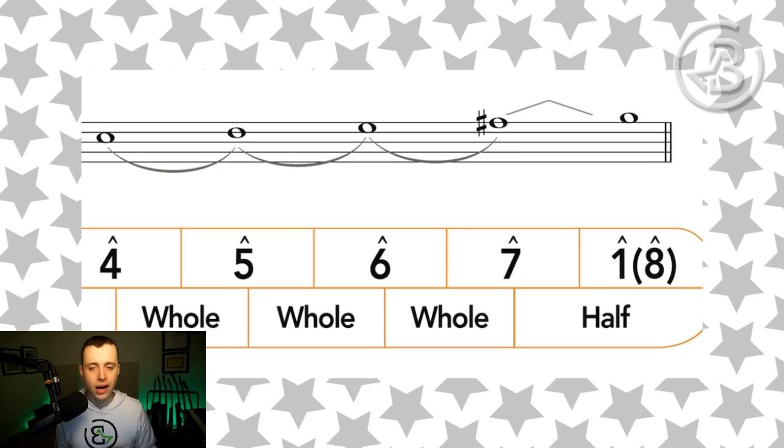Think about it this way. Between E and F, there are no sharps or flats. So from E to F, that's a direct neighbor in the full musical alphabet, which means it's only 1 half step. So we actually need to skip F and go up 1 more half step to F sharp. Now, why is it F sharp and it's not G flat? Well, this is why. If it was G